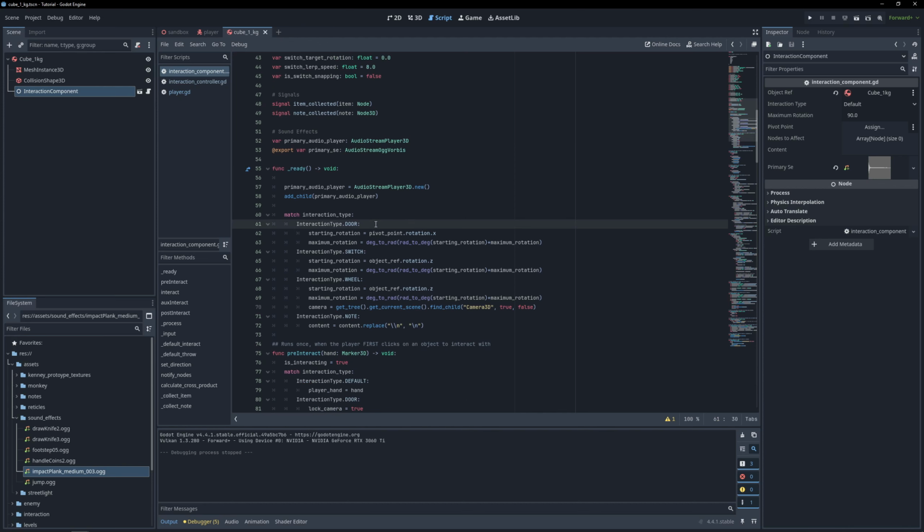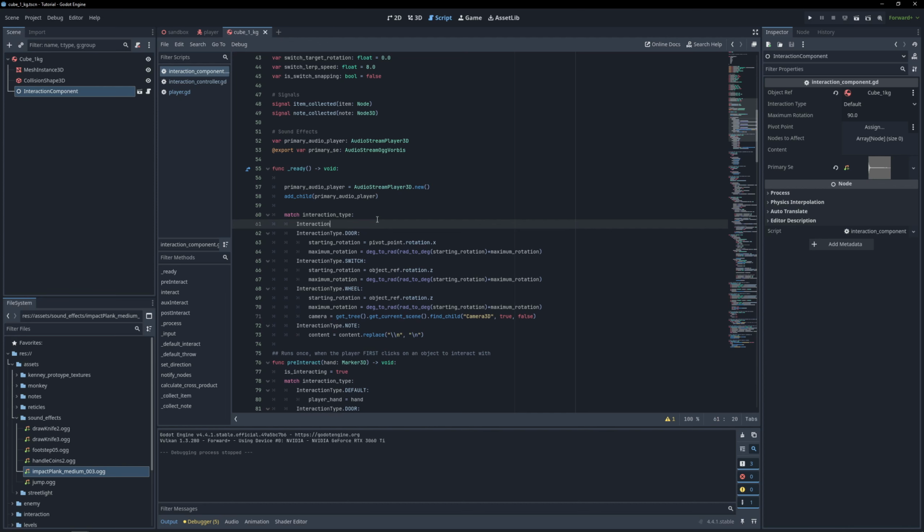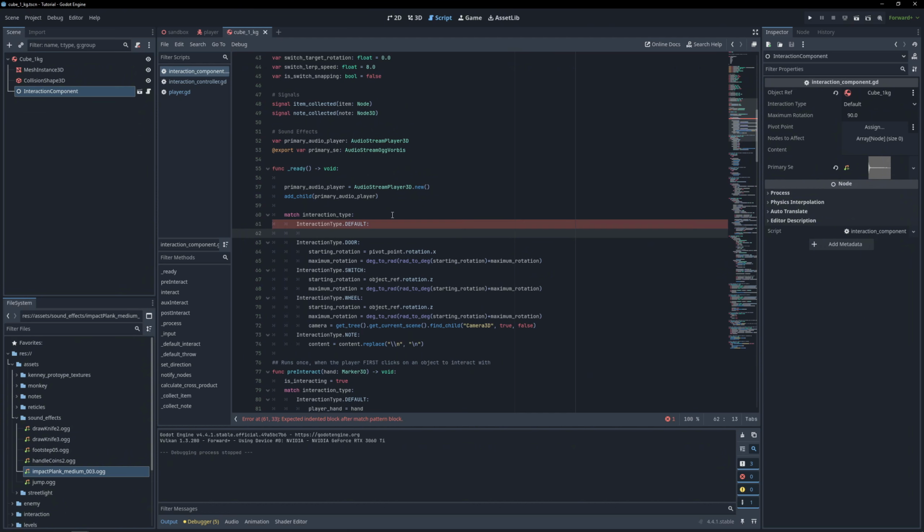Go down to our ready function, and we don't have an interaction for our default setup yet. So let's go ahead and write that. If our interaction type is interaction.default, which is what we named the basic physics objects, we're going to go ahead and set up the body entered signal here. So we want to check if our object reference, which once again, remember, that is our physics body, our rigid body 3D, if that has the signal of, I believe it's body entered,